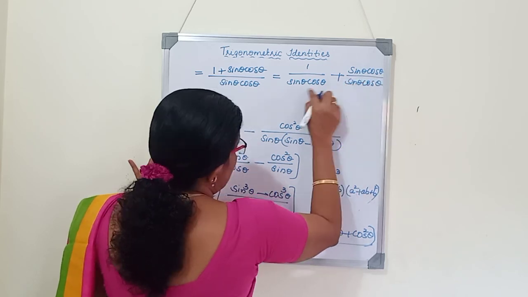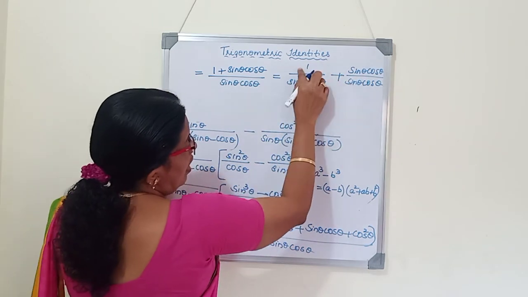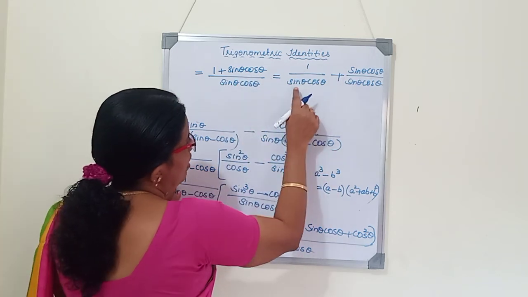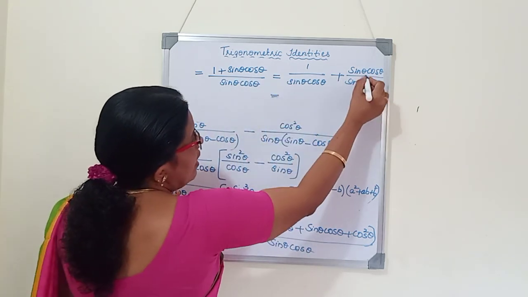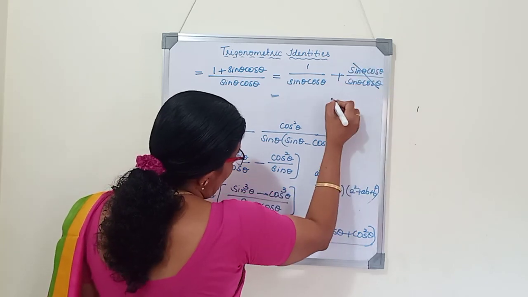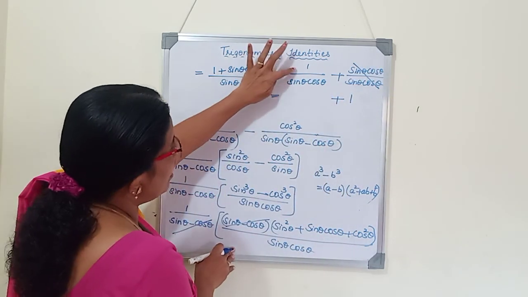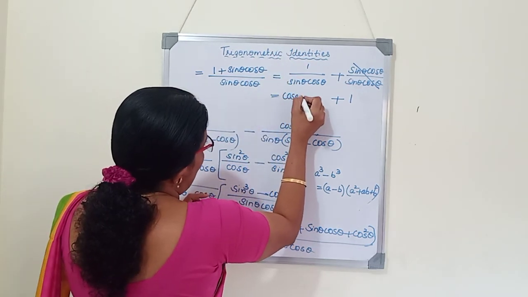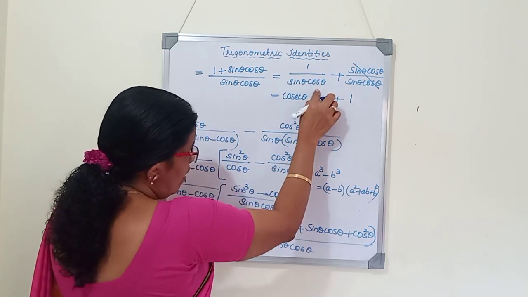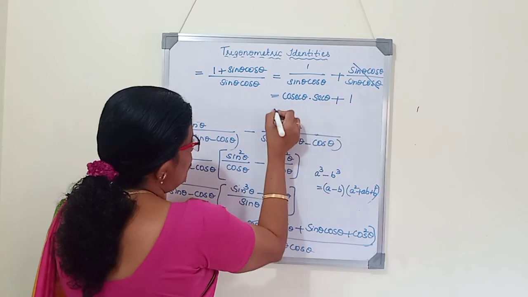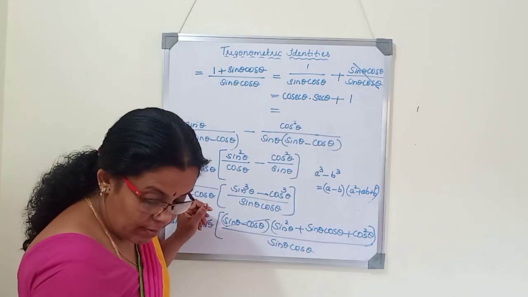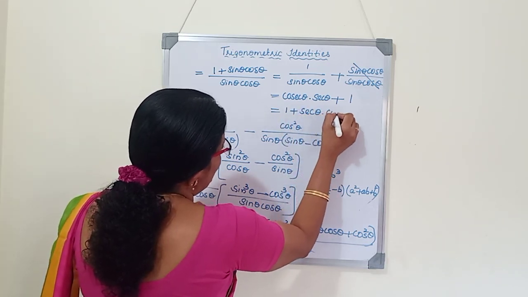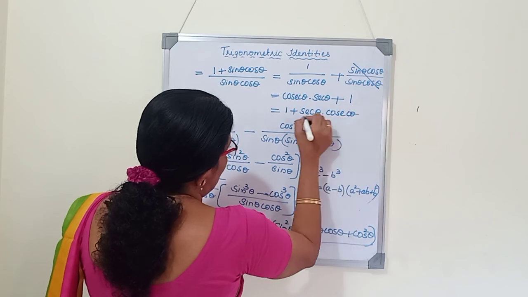If the denominators are the same, we write it once and add the numerators together. So here we are doing the reverse process: the numerator has two terms, and we are separating them with the same denominator. Now sin theta cos theta by sin theta cos theta will cancel, we will get 1. Now 1 by sin theta, 1 by cos theta. What is 1 by sin theta? It is cosec theta. And 1 by cos theta is sec theta. So what we wanted to get in the RHS is 1 plus sec theta cosec theta. We got the answer, 1 plus sec theta into cosec theta. This is the answer.